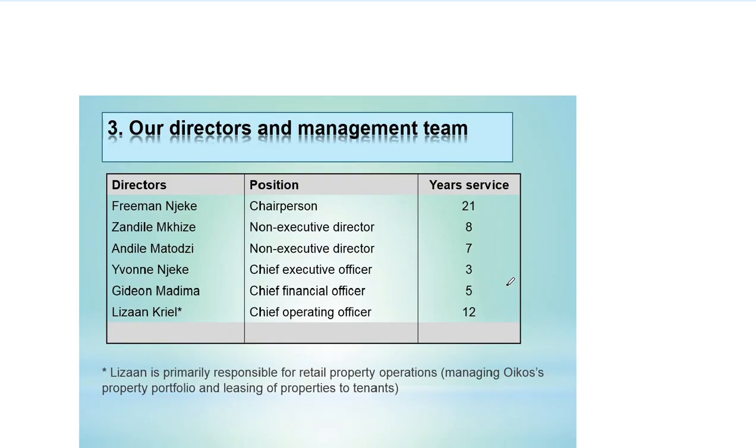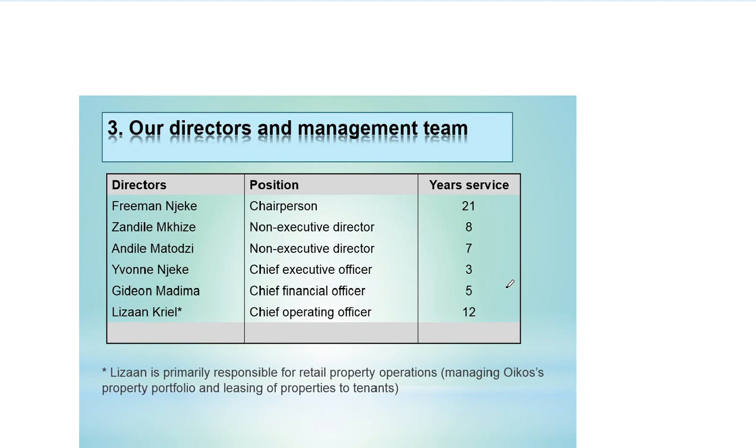We know that the company, we have not been told whether it lacks or it would like to comply with the King 4 recommendation. However, in an ethics type question, if you see that the composition of the directors is not in line with the recommendation of King 4, you need to raise that in the questions that are regarding ethics, because you will earn marks by showing the examiner that you know that even though they are not planning, or they are not listed on the JSE, they still need to consider the requirements of King 4. Now let's look at what we have here.